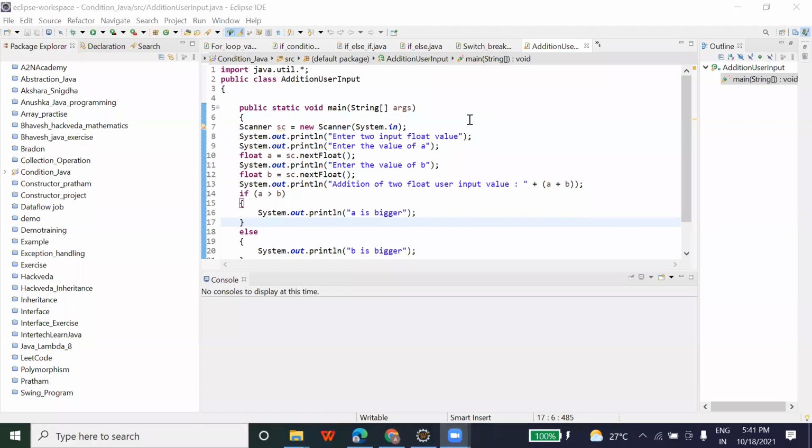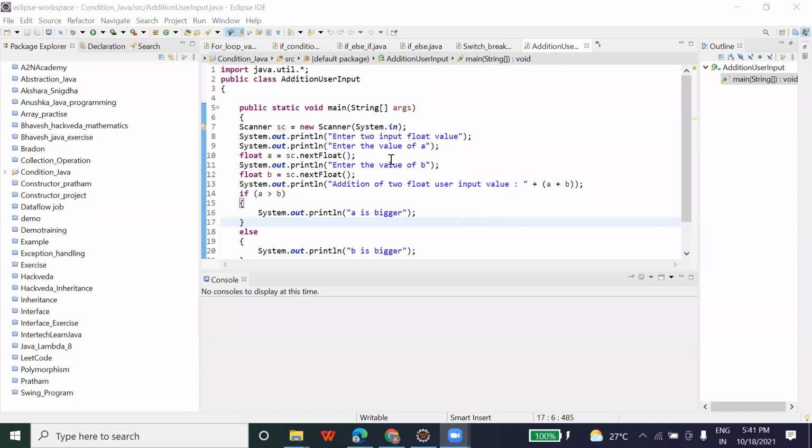So as I have explained in my previous session, this is how to accept the input from a user, right? And I have shown you how, based on the input that you are accepting from the user, you can perform operations as well.